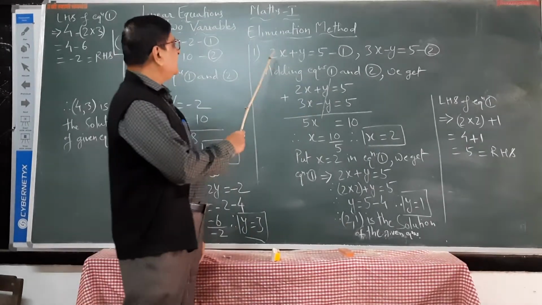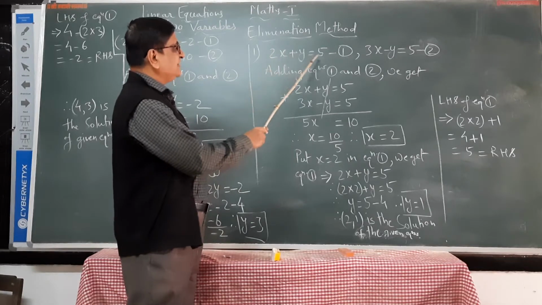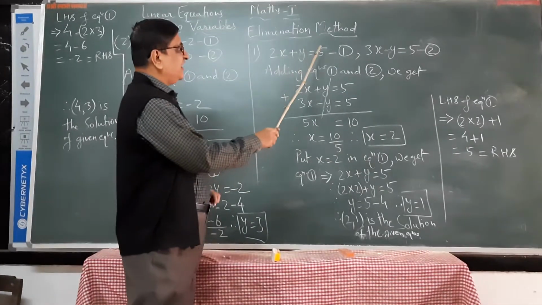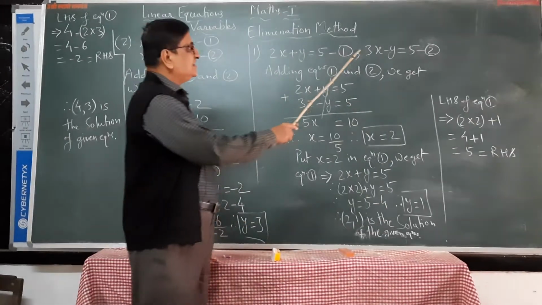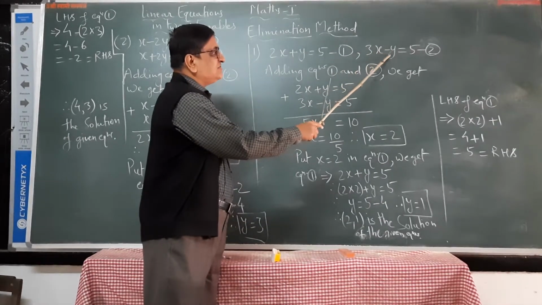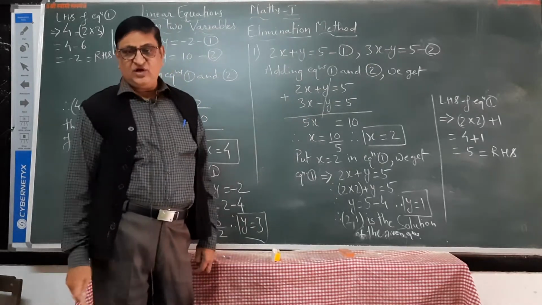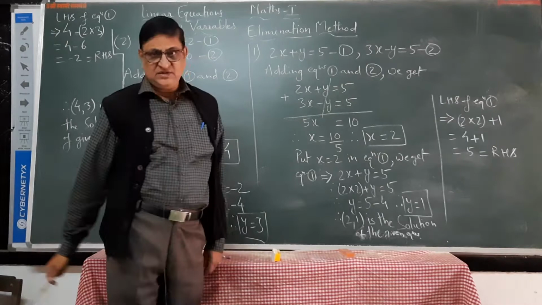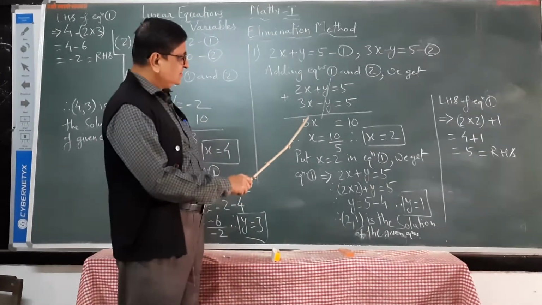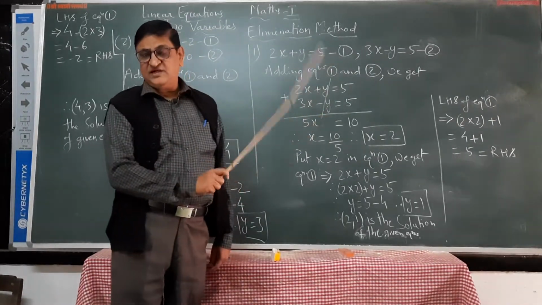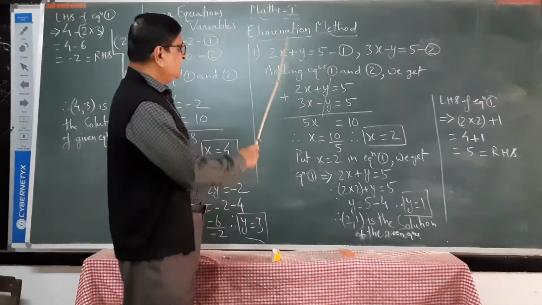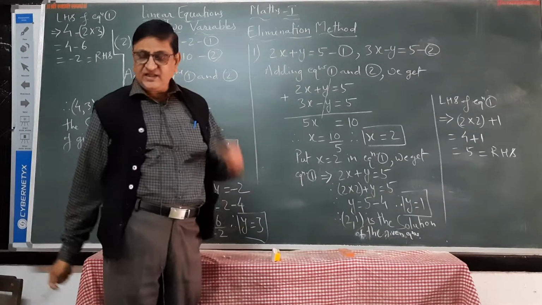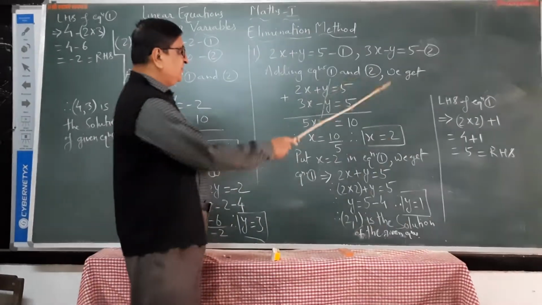Now we are given two simultaneous equations, 2x plus y is equal to 5 and 3x minus y is equal to 5. If we eliminate one of the two variables, then we will get the other variable. So here we will add equations 1 and 2. Adding equations 1 and 2, we get